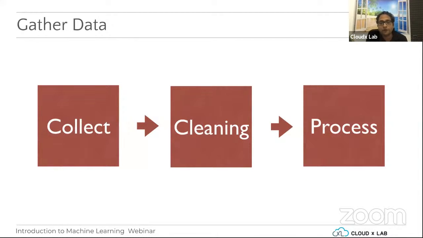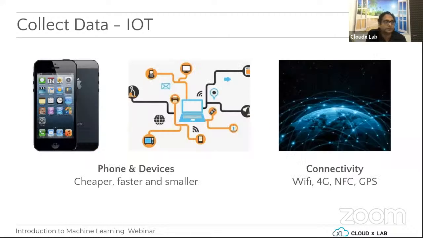Gathering data further involves collecting data, meaning building the storage and the transfer mechanism, then cleaning data, as in splitting data up, storing it, and formatting it, and further processing it, as in applying all kinds of inference on it, right? To collect the data, the first part of this,